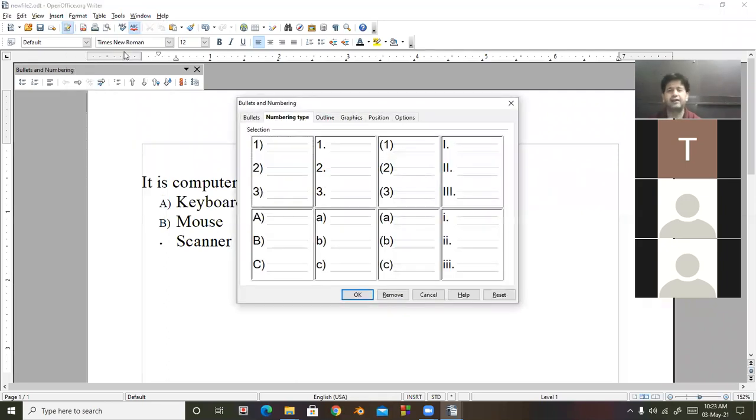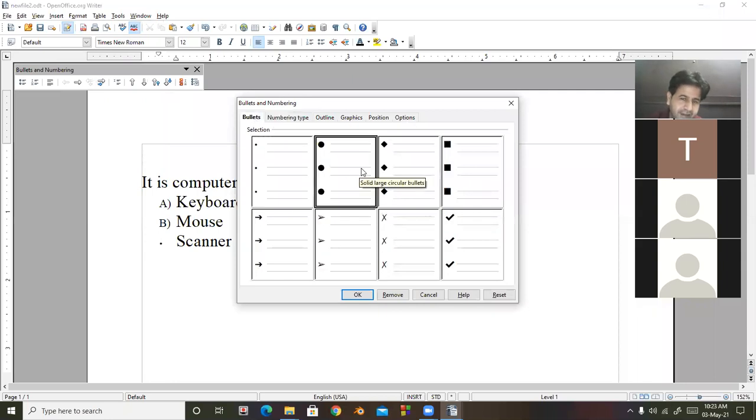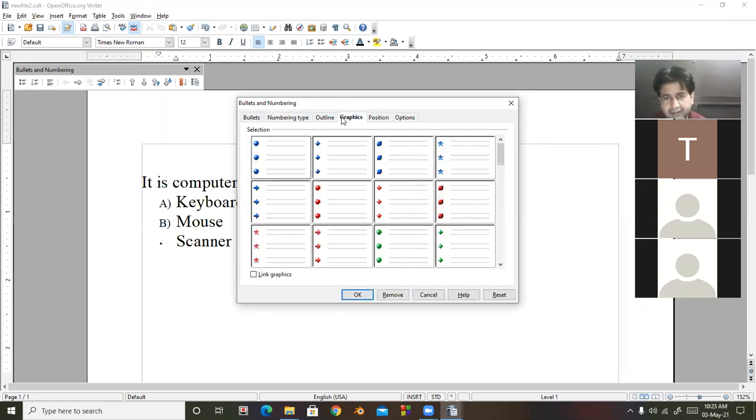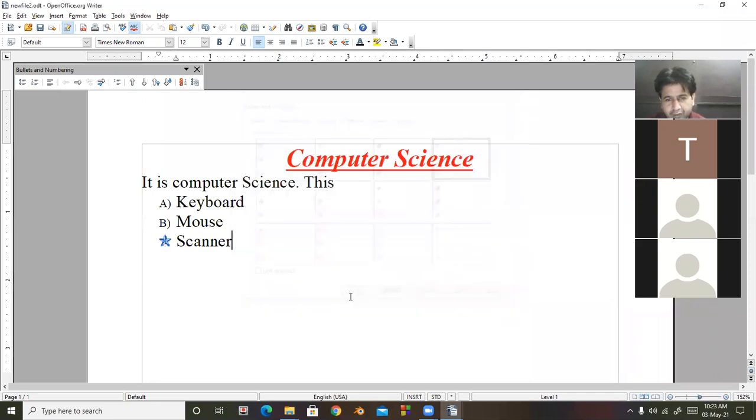Click on that. The dialog box will appear. There are different styles of bullets. Select any and click on OK button. Otherwise, there are numbering types and so many other things. There are also graphics. You can select the graphic and click on OK button. So this is all about bullet and numbering.